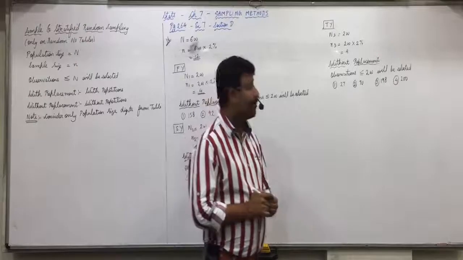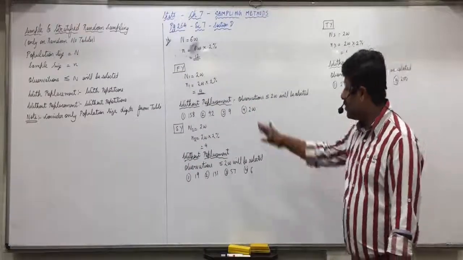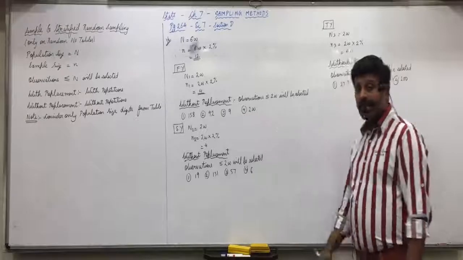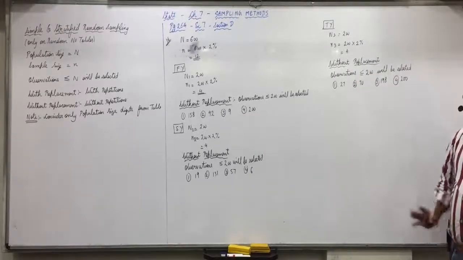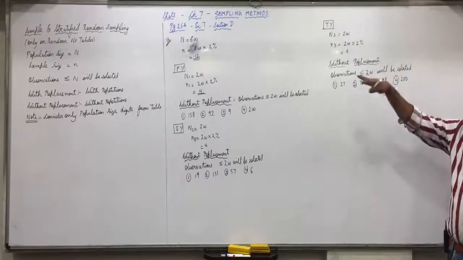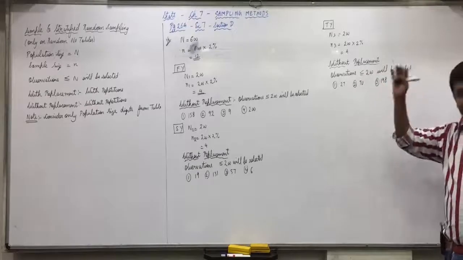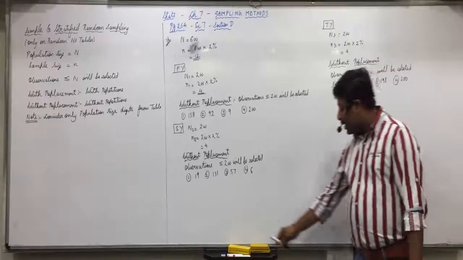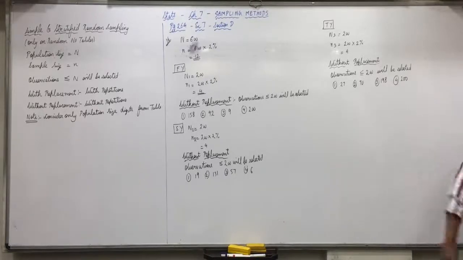Yes? In FY even 200 was there. That is fine. There are 3 different groups. Here there should not be any repetition. Okay, there are different strata. From FY you will be selecting a number 200, which will be a different person. And from TY you will be selecting a person having number 200, which will be a different person. So everyone is clear with this? Any doubts in this?